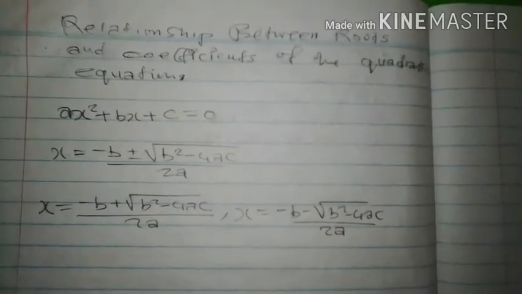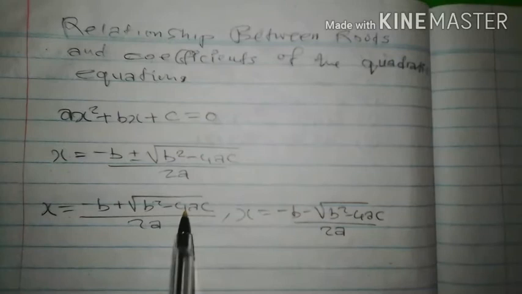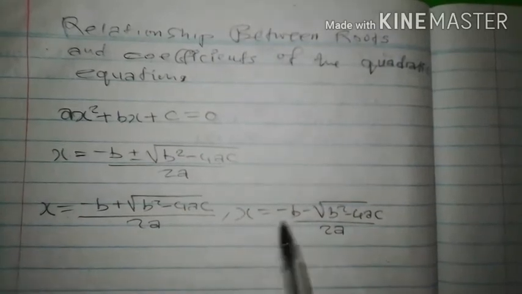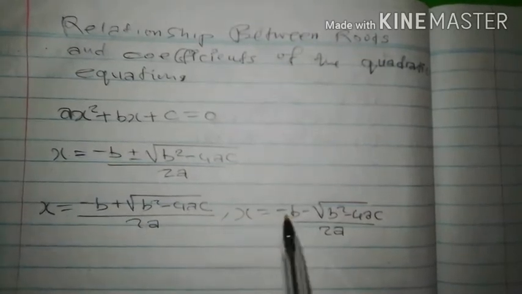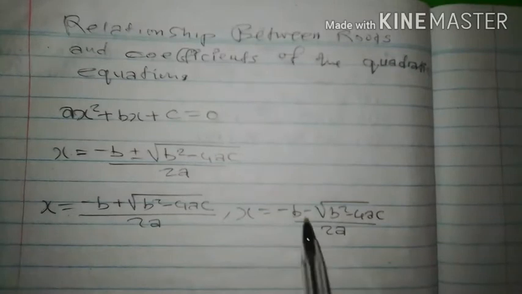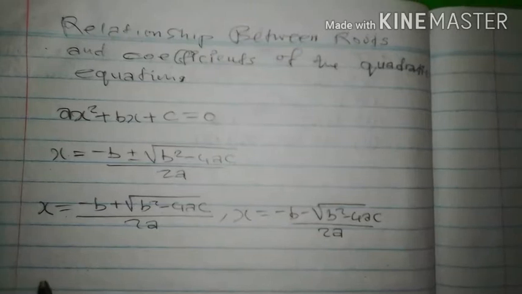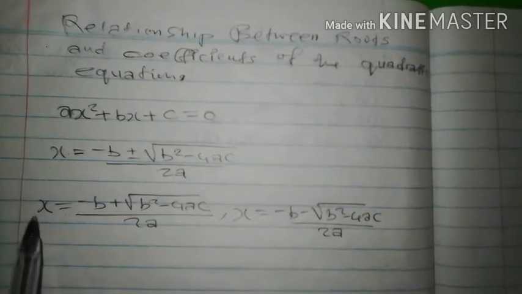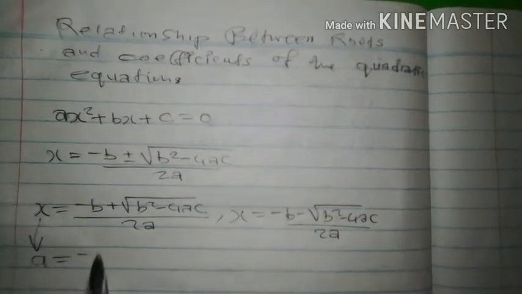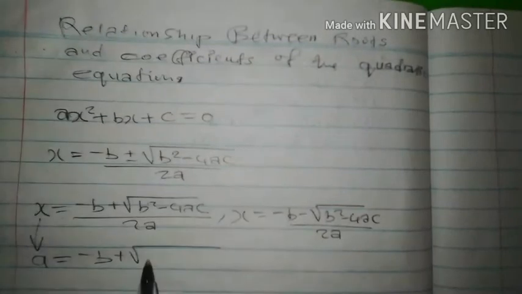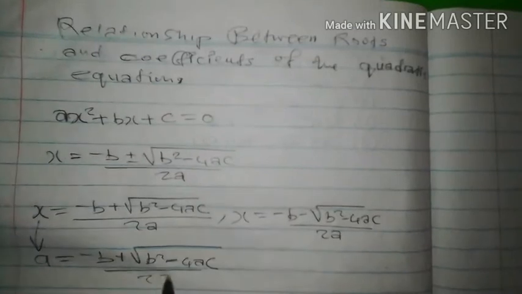Okay, now let's continue this side. We said if we are using the quadratic formula, the root x is equal to this and the other x is equal to this. The only thing that is different here is the negatives. Here there is negative, here it's positive because of what is here. So they just change. Where there is this x, we say it represents alpha is equal to minus b plus the root of b squared plus or minus 4ac over 2a.